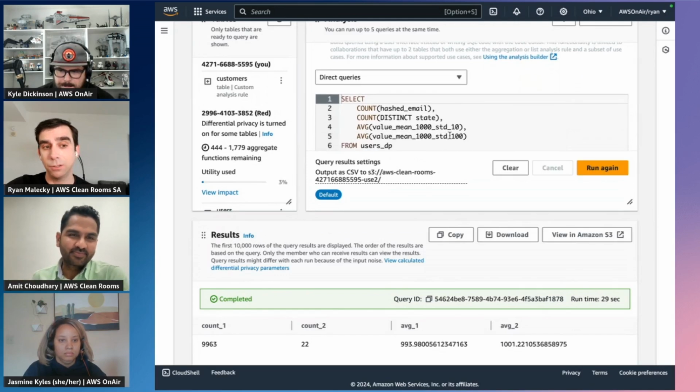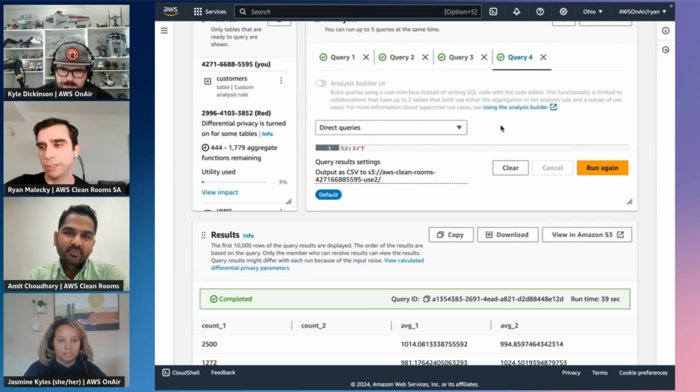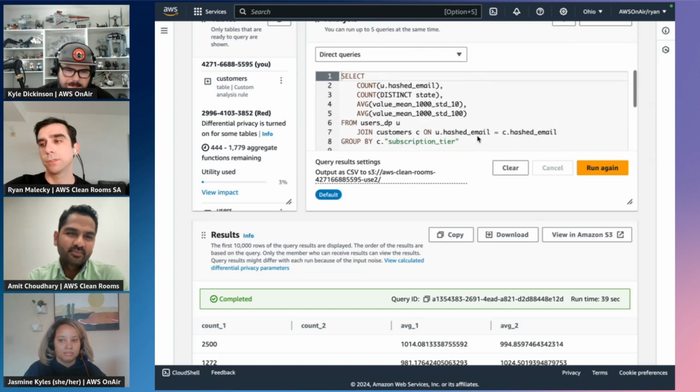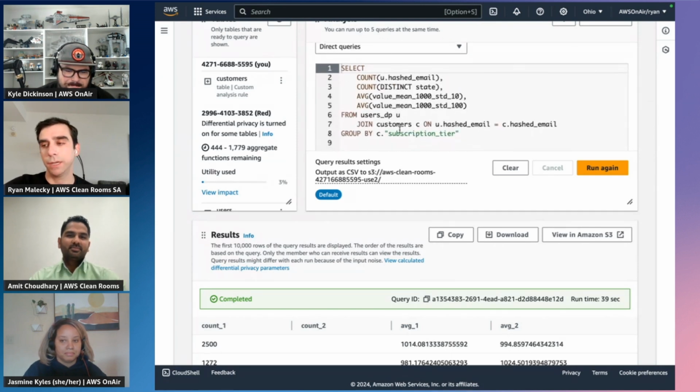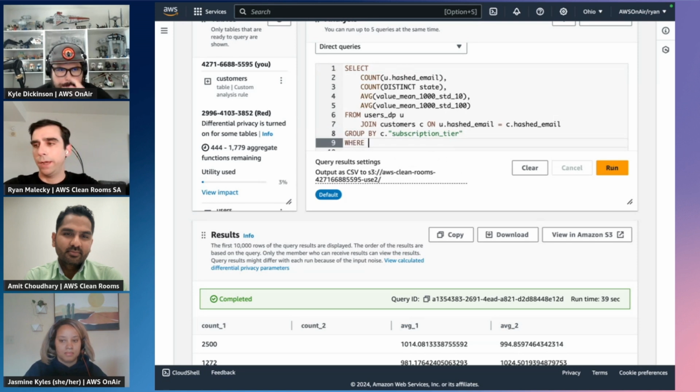I'm querying a single table, which is all well and good. But where Cleanrooms really gets interesting is when you're joining together data from the two accounts. So I have two tables from different accounts. I can run these queries, and I know that dark background account, that data is protected with differential privacy. So even if I added say where